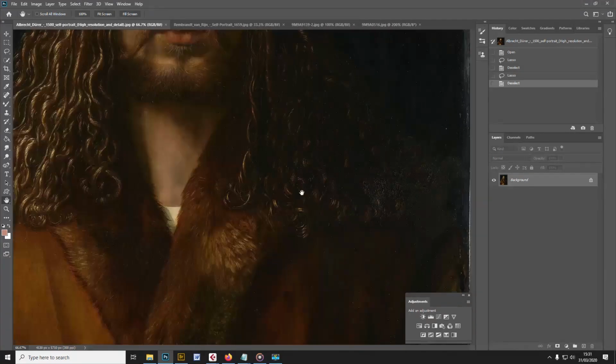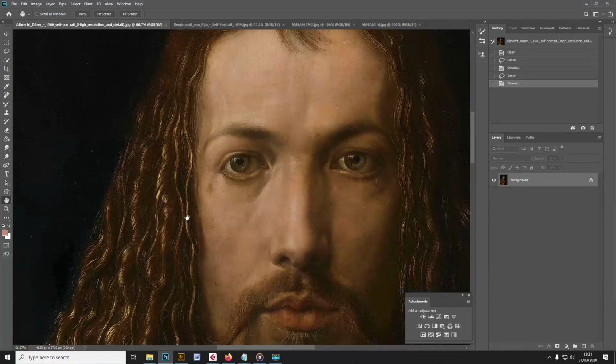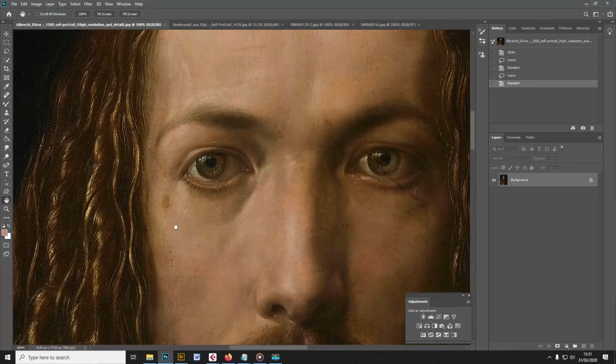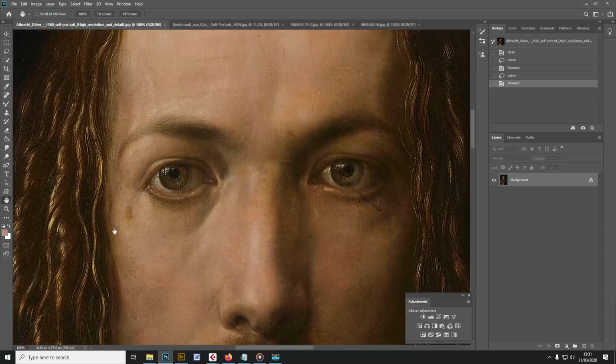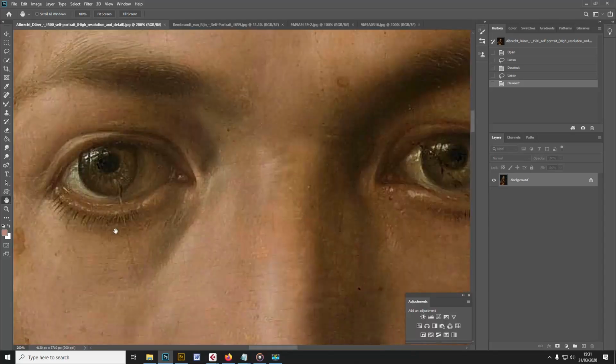And it seemed to me that he can only have done this using a mirror. I suggest he must have used a mirror to observe his eyes. But then, I suppose, practically, one thinks, well, it would be rather difficult to observe his eye and paint on the canvas at the same time. So whether he was able to commit this to memory and then render it into the painting,